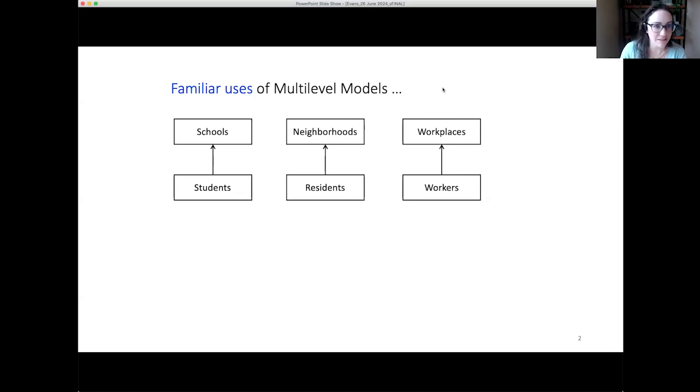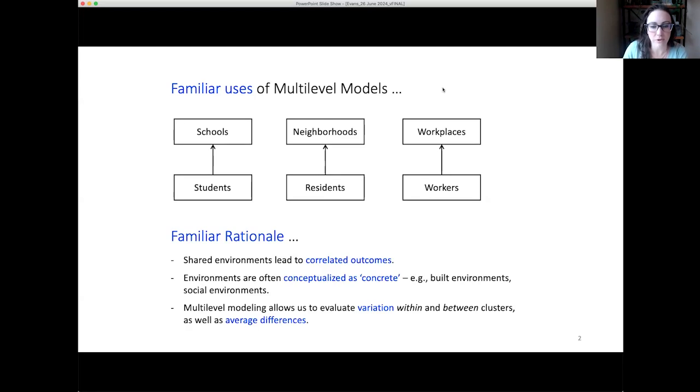Maybe we're interested in studying it for itself. Maybe we just want to adjust for it in our statistical analysis so we can estimate something else with better accuracy. So the rationale for using multi-level models like this is that, for instance, when people are within the same environment, kids going to the same school, they might have correlated outcomes. So, if you have some number of kids in your data set and they go to a certain number of schools, in a statistical sense, you might have a smaller sample size than you were really thinking, than the number of kids there, because their outcomes are correlated. They're nested in this shared environment.